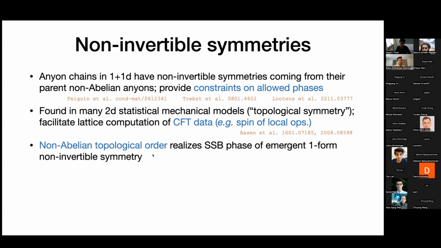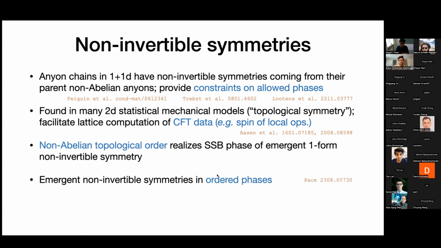More generally, non-abelian topological orders, specifically in 2+1D, realize spontaneous symmetry breaking phases of these one-form non-invertible symmetries. So these symmetries can spontaneously break, and they lead to exotic phases. So they are just like ordinary symmetries in that sense. They even emerge in ordinary ordered phases,